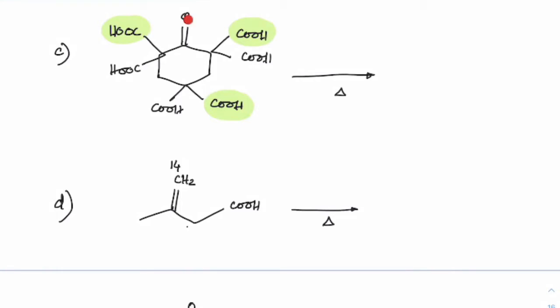Then with respect to this double bond, with respect to this CO, this is at the beta keto position, which means this will also come out. With respect to this COOH, this is also beta keto, so this will also come out. So what is the product I can have? Product will be double bond O, COOH plus 5 moles of carbon dioxide.